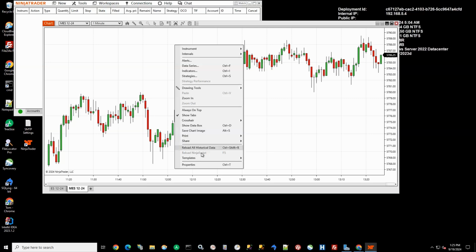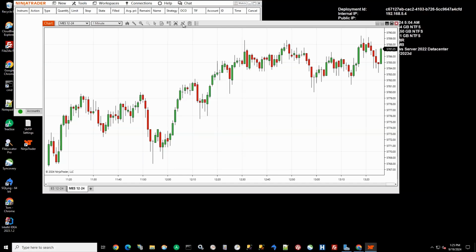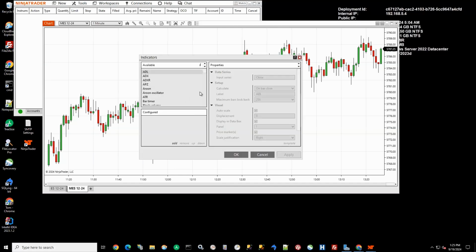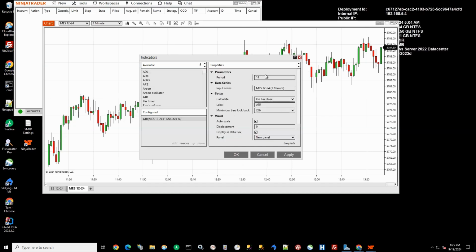And then sometimes if you're working with a NinjaScript editor or you're changing something in a strategy, you need to reload the NinjaScript, and that's what F5 does. Or you can come to this right-click menu, this context-sensitive one, and just select it there, or reload all the data. And then templates, this is a nice one. If you get a template set up the way you like it, you can save it or even save it as a default. So for instance, if I come here and I put on something like an ATR, say like